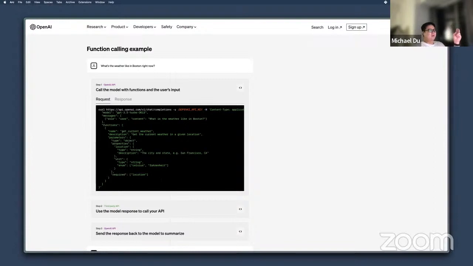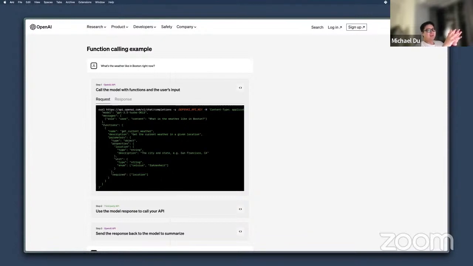So one is email, one is calendar, one is task list. If a user asks ChatGPT to retrieve the task list from our website, the GPT has to decide which of the functions we provided to call.